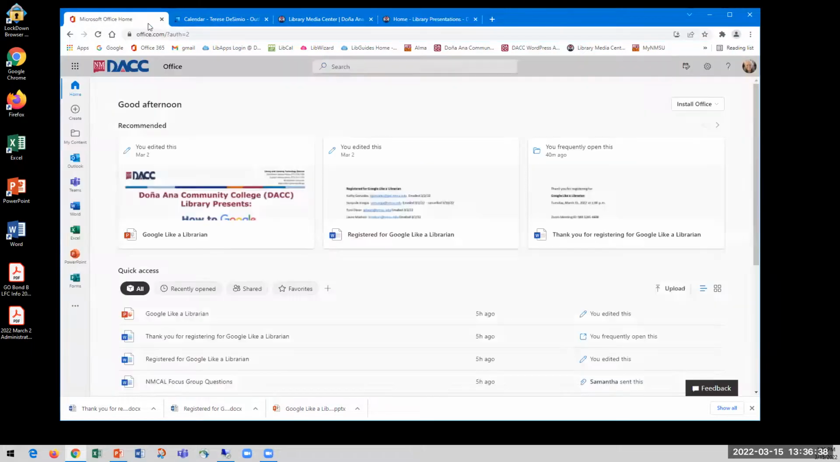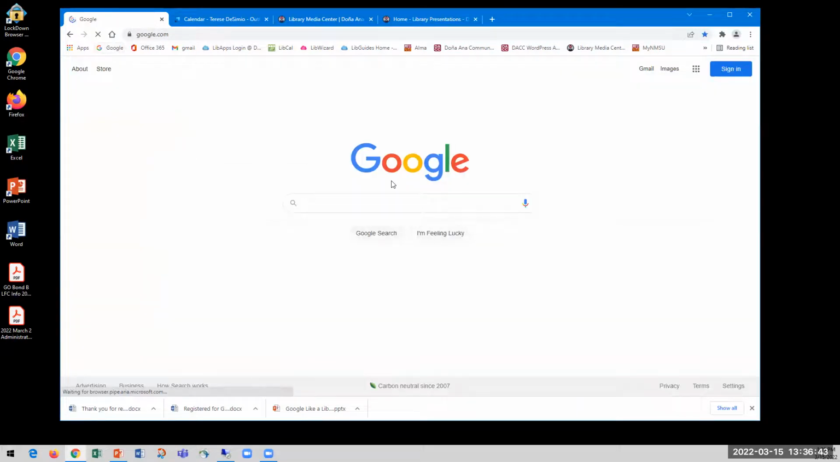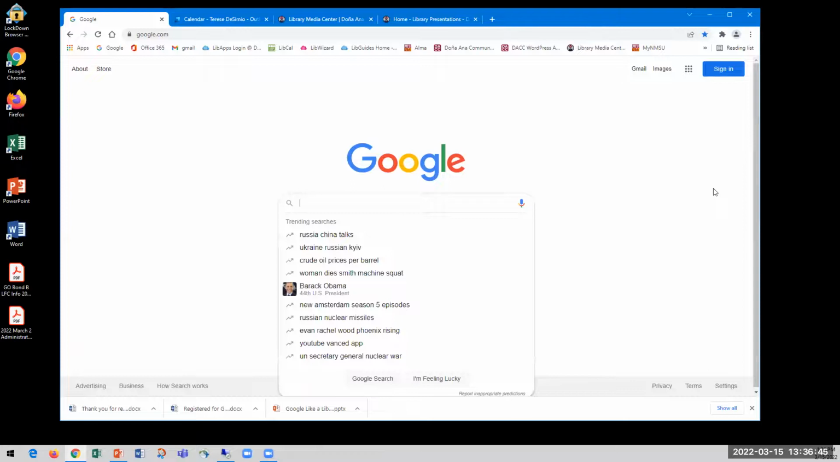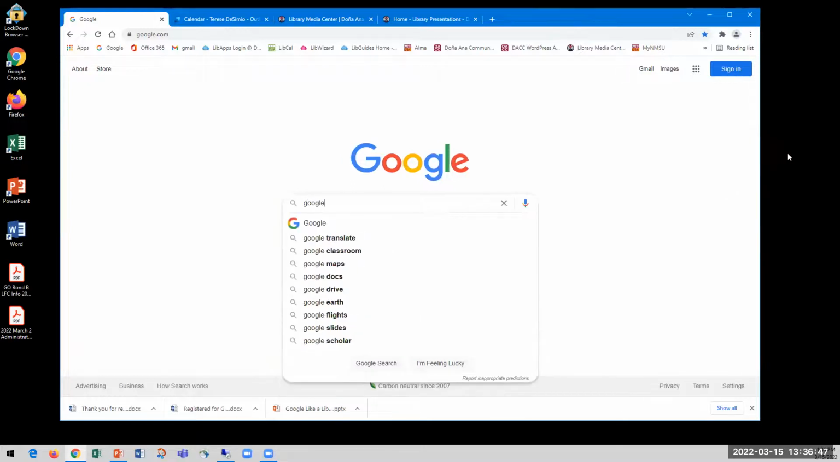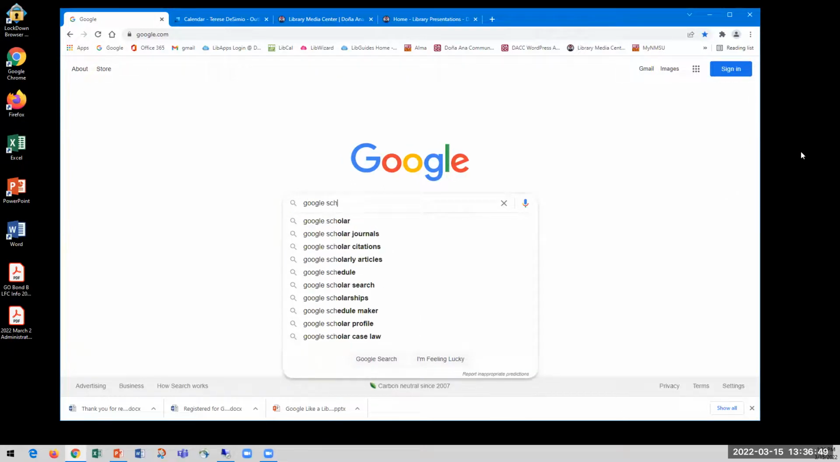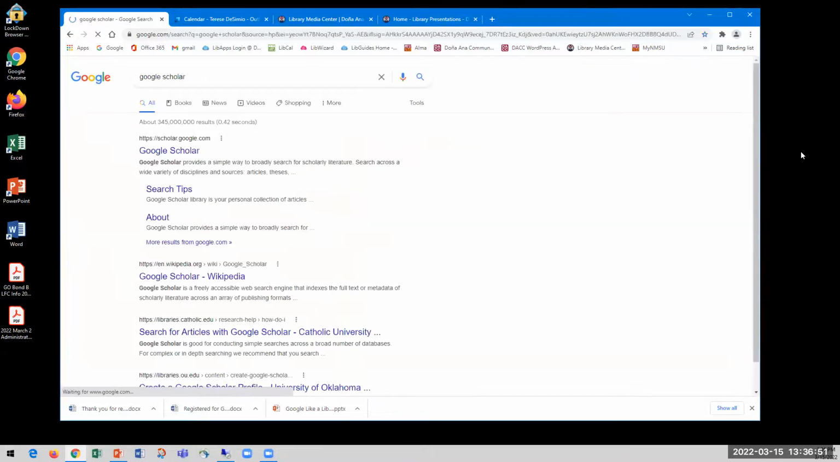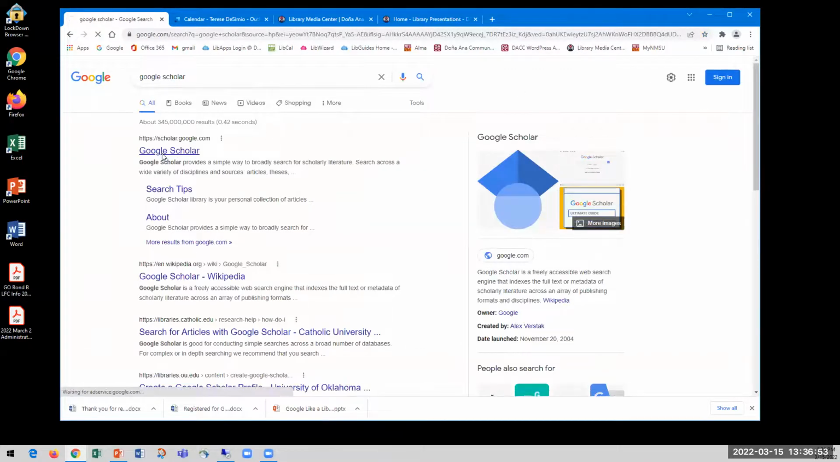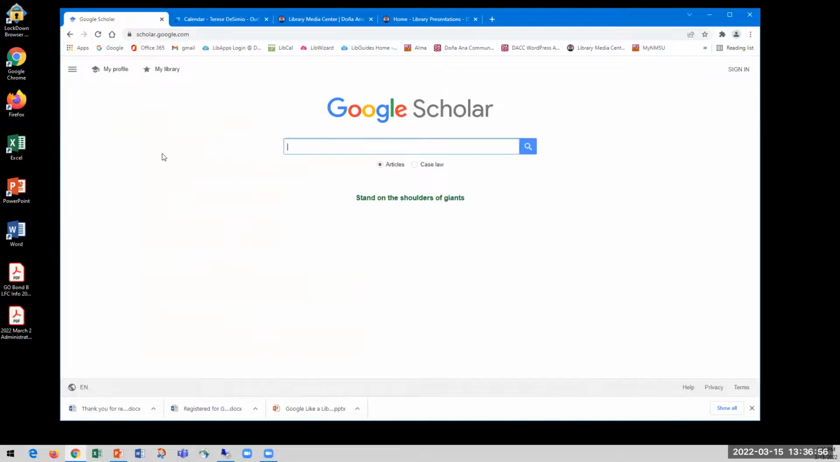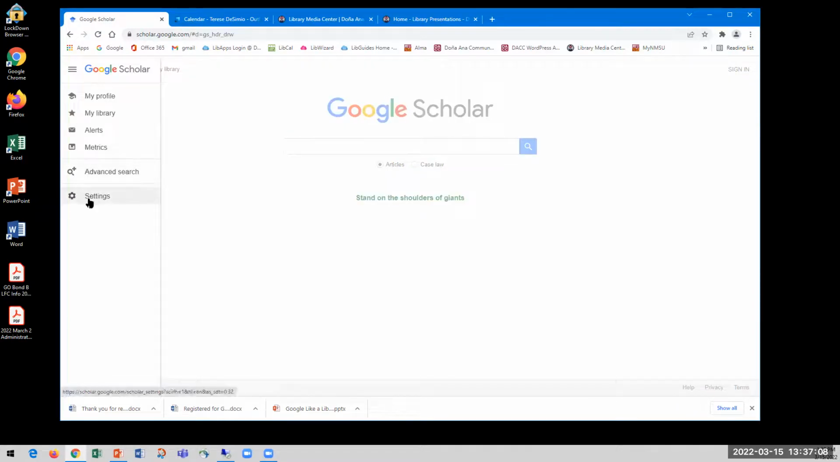And I'll also show you the thing I was going to show you about Google Scholar that will be helpful to NMSU students right now and maybe DACC eventually. So when you're using Google Scholar, you want to sign in using your Google logins, your Gmail or whatever. And once you do that, over here under settings,